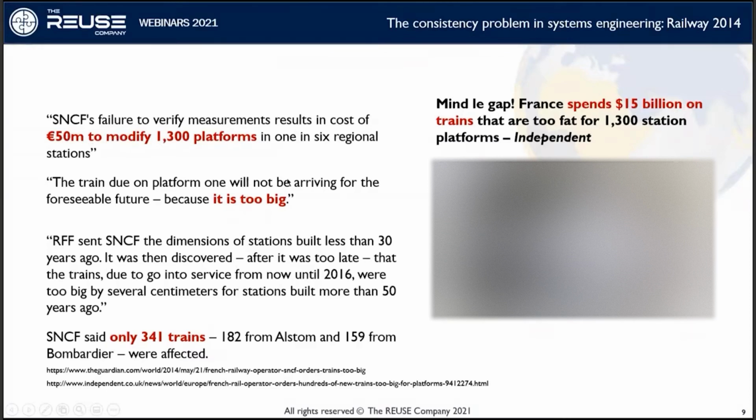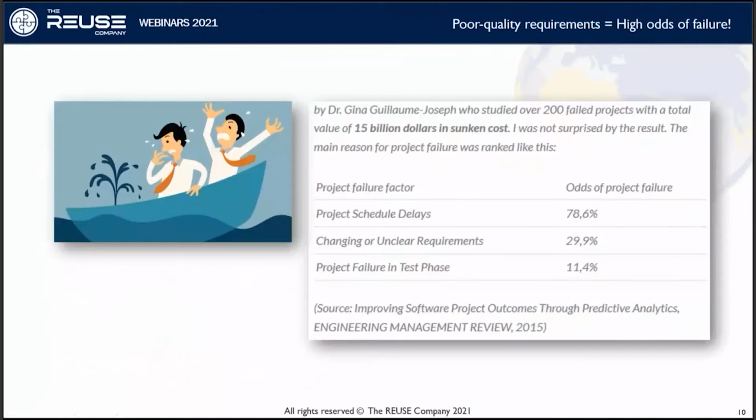So due to a problem of properties that were not checked. So in the end, these examples that the previous ones I showed you, there are many of them. And if we look at studies about the main factors for failure, we see that changing or unclear requirements come second. Of course, the project schedule delays are also a big factor of failure, because it means increasing costs and